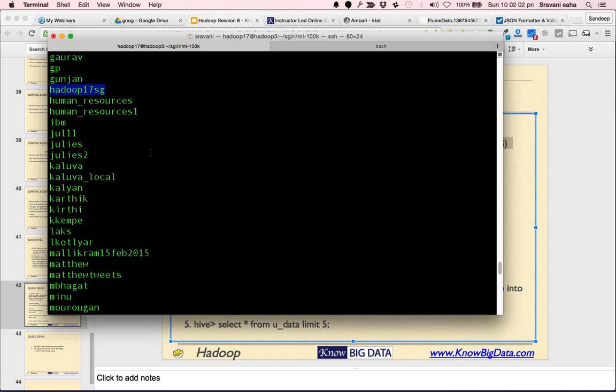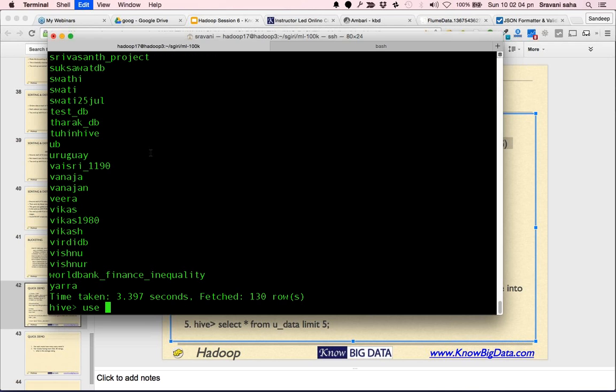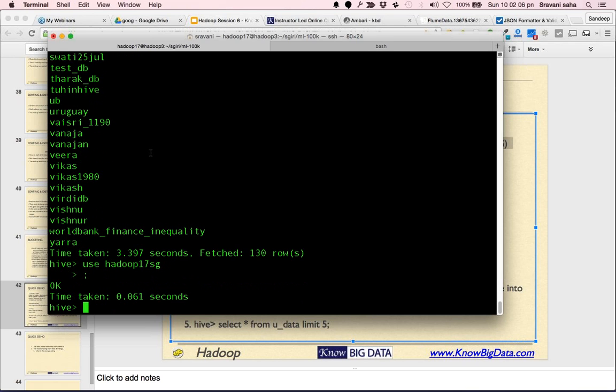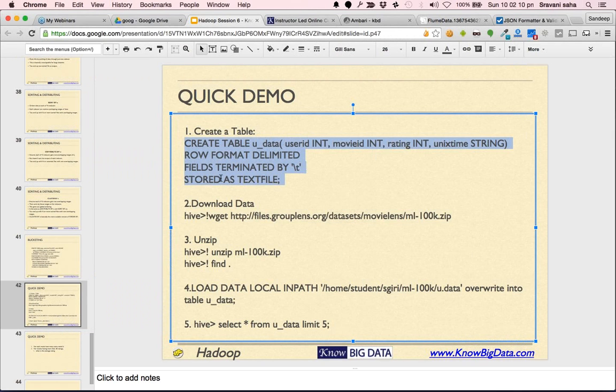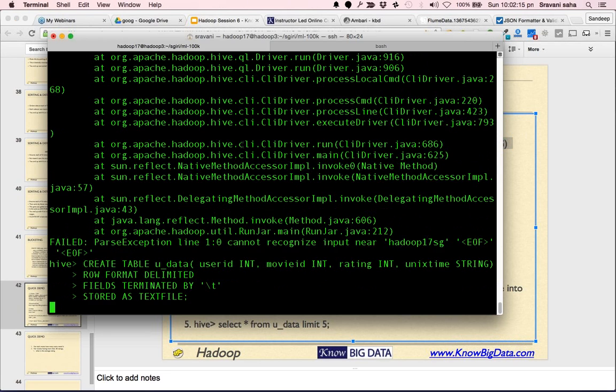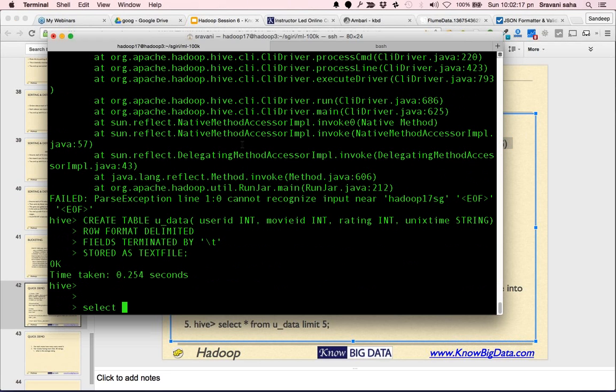This is the database we created yesterday. Use our database, and then we create this table called u_data, and when we say select star from u_data, there is